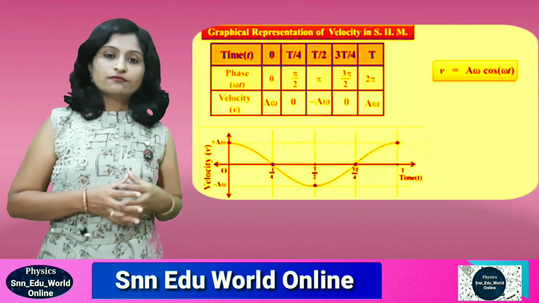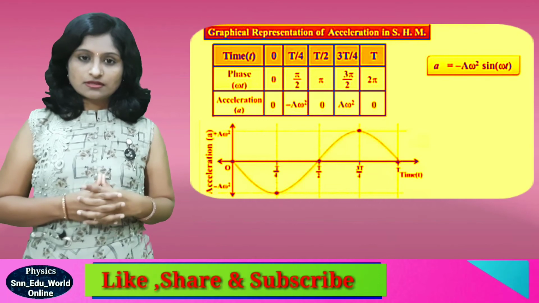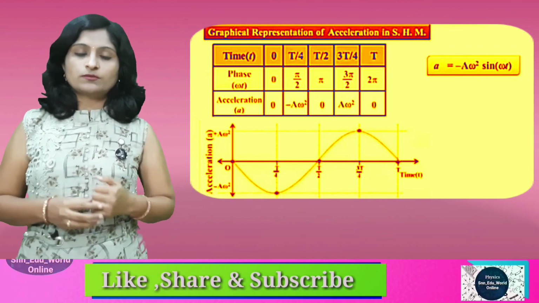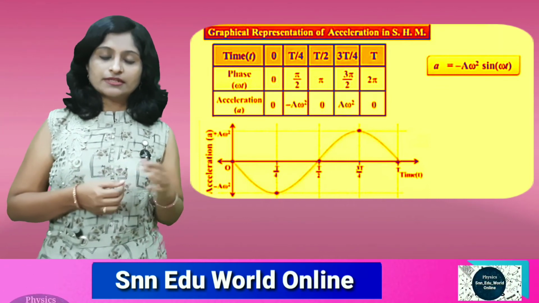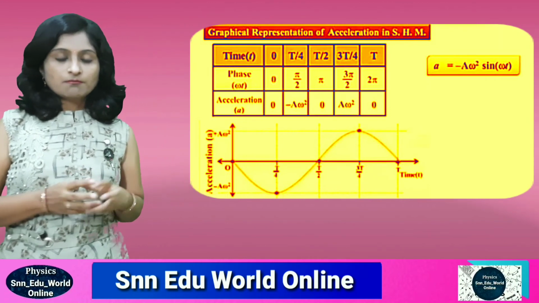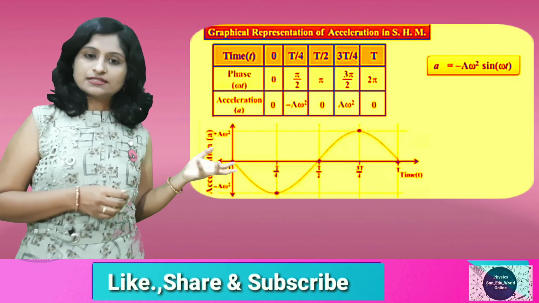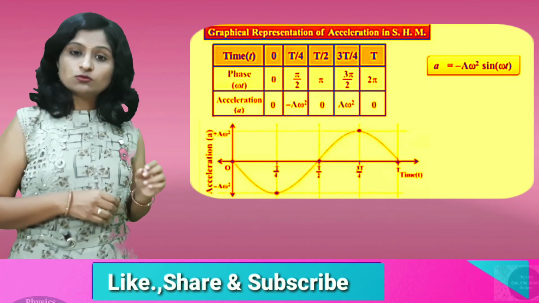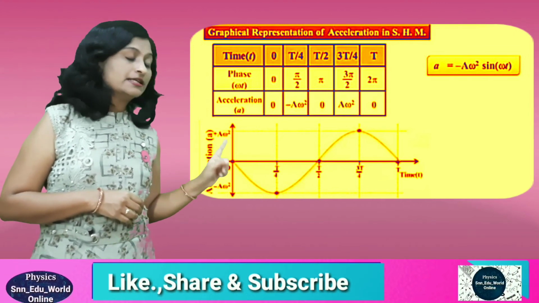Okay, here is the velocity. Now, in a similar manner, the last thing, that is the acceleration. So again, what is the acceleration formula? Minus a omega square sine omega t. So two rows of the table remain the same, time and phase. Only the third row we have to find according to this equation, minus a omega square sine omega t. So omega t value 0 we put, sine 0 is 0. So the first term will be 0. Next omega t pi/2, sine 90 is 1. 1 into minus a omega square, minus a omega square.